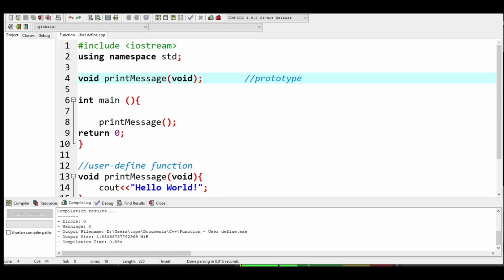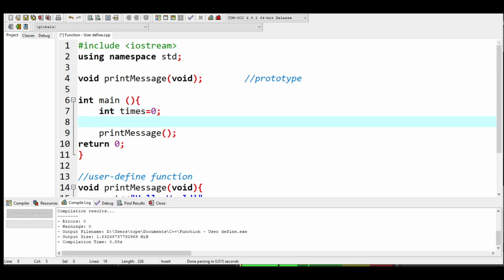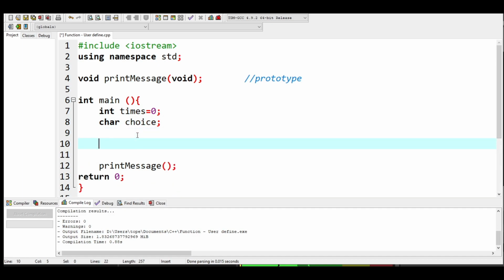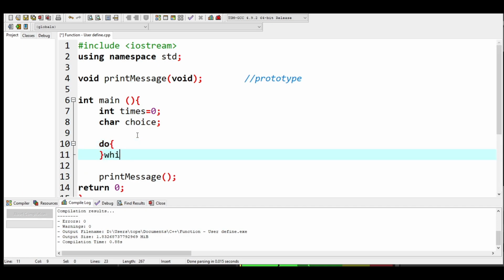Okay, so let's try another program. We have here, let's say int times is equal to 0. Then we have char choice, then do, and we have here the while,